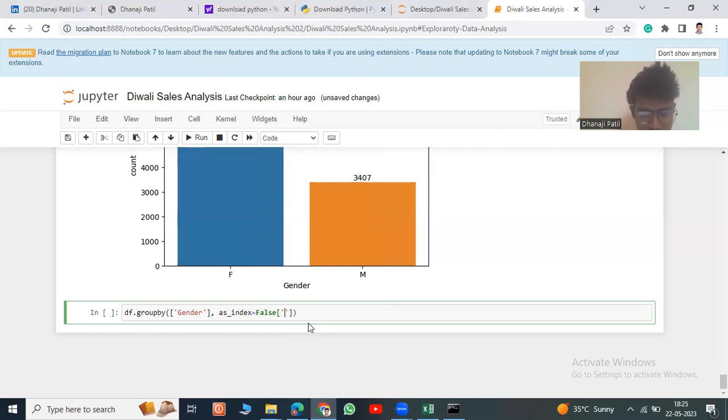So here, amount dot sum function. We are already using the sum function, and here we need to sort. So we also use the sort values function, with by equal to